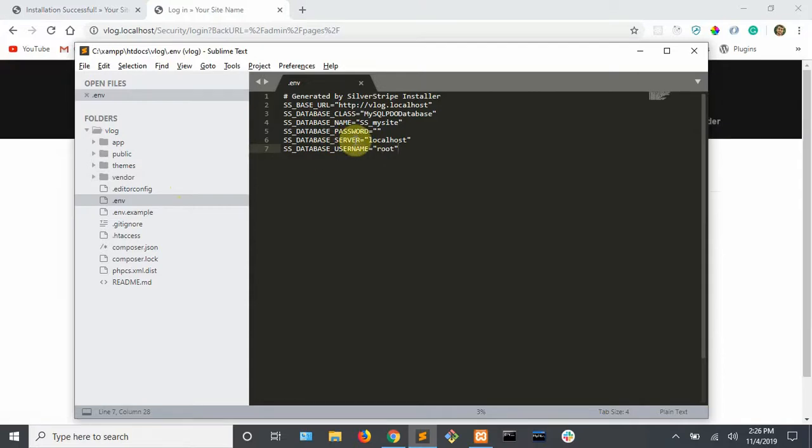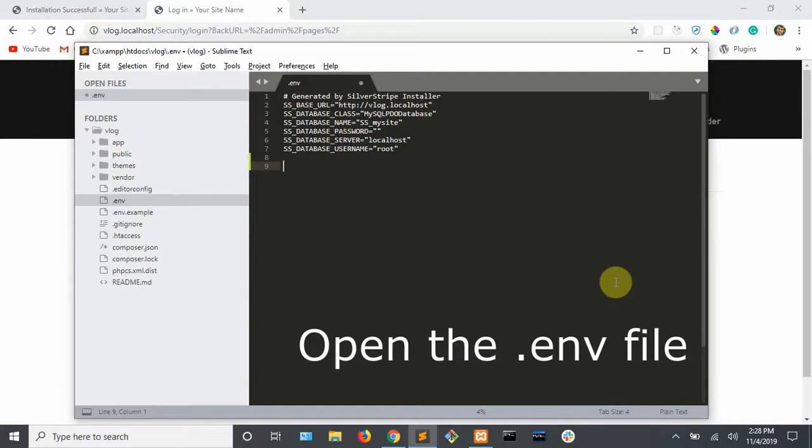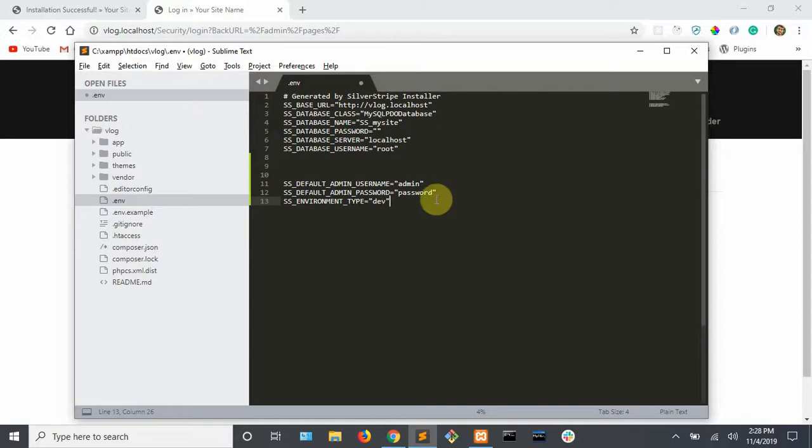Now again, our project is at the xampp htdocs. Now we're going to need to set a default username and password, and I'll just leave this in the description for you to paste in. So our username is going to be admin, and our password is going to be password. And this environment type dev just gives us better bug error messages, so I suggest that you paste that in as well. So just save that,